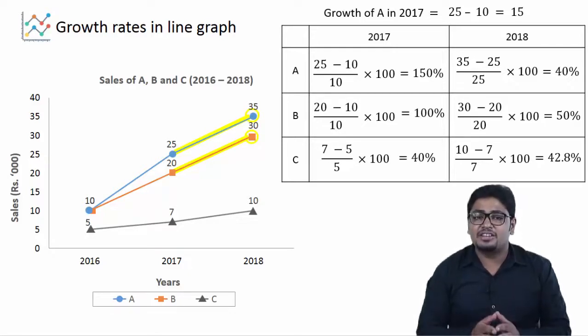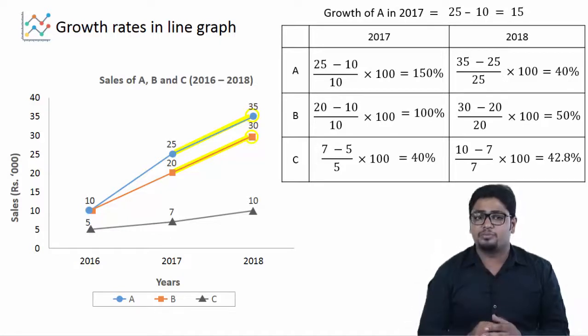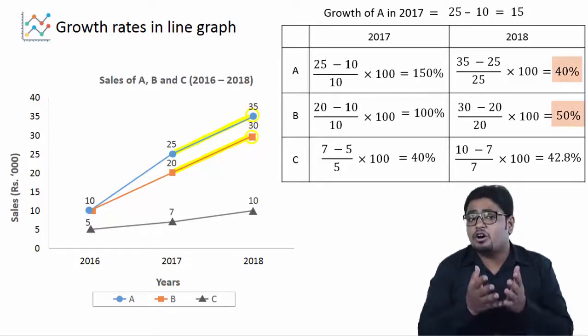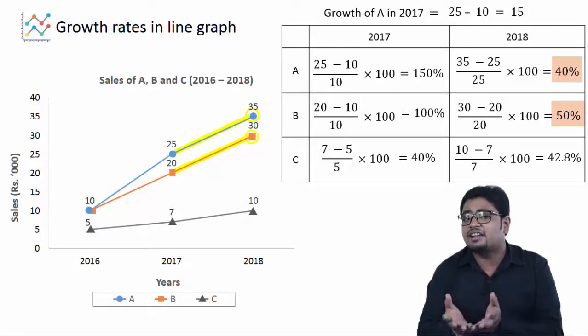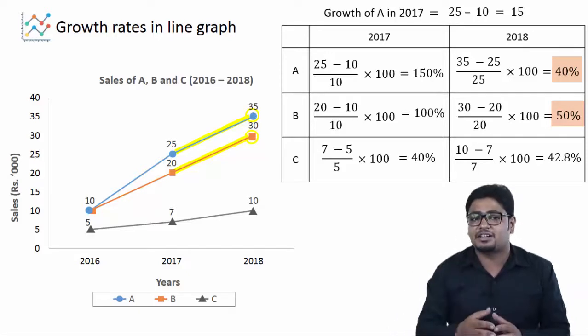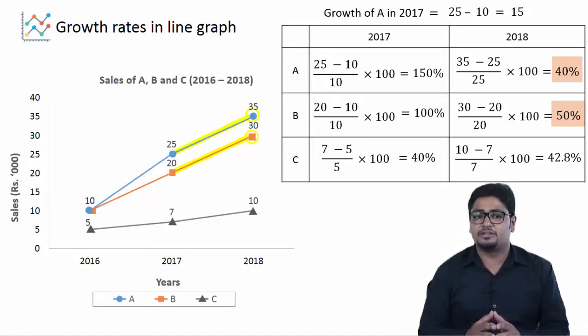Here we see that both lines have the same growth as well as slope. But as we can see in the table, the growth rate of B is a little higher than that of A. This happens due to the second factor, base, which brings the difference in the growth rate.